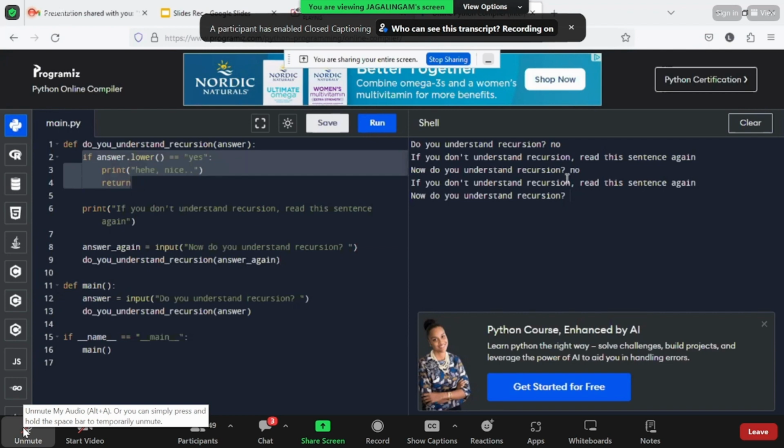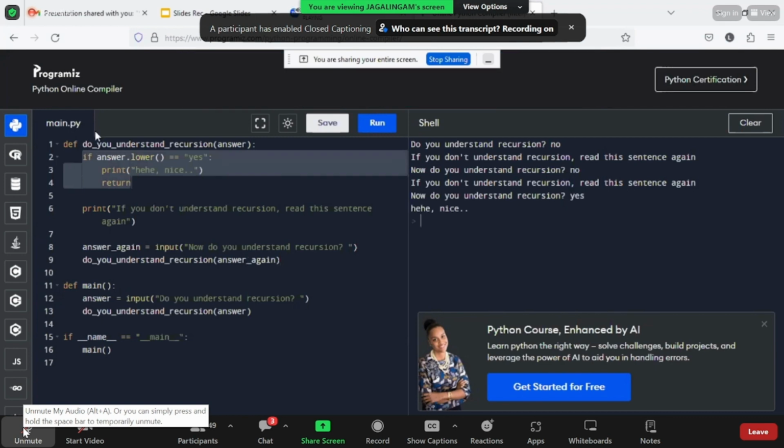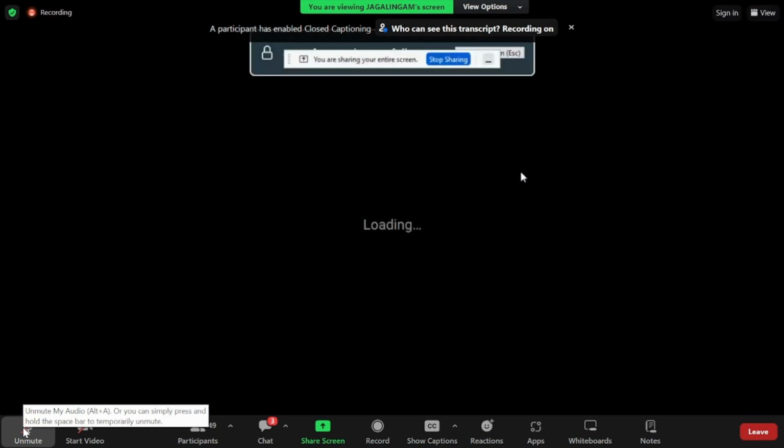So if we say now, do you understand recursion? Yes, then the if condition will execute and it will print nice. So that's all. This is how recursion works in the simplest form. I hope you understood it. Now, moving ahead,